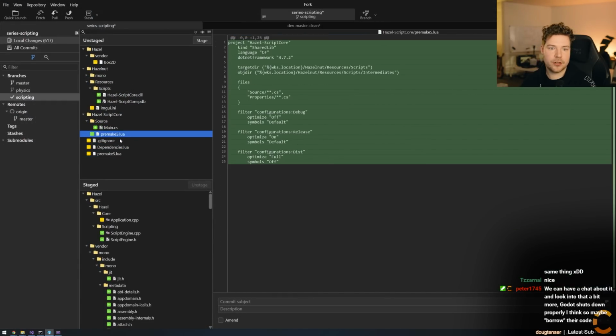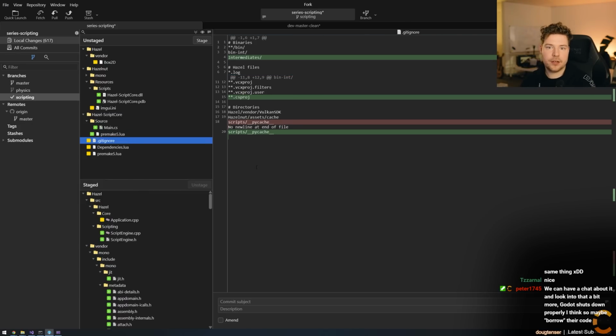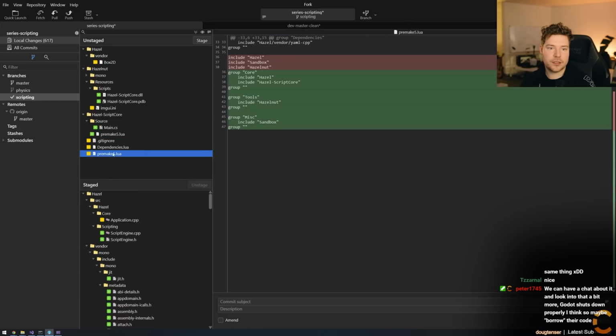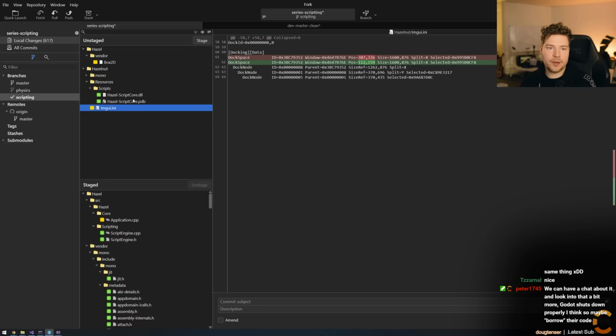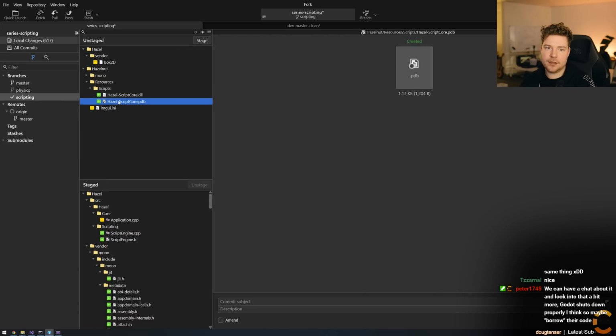So that's our C# code. That's our Hazel script core thing. Our gitignore we obviously just updated, and dependencies and this premake as well, which is all good. I'm GUI we won't worry about. And then